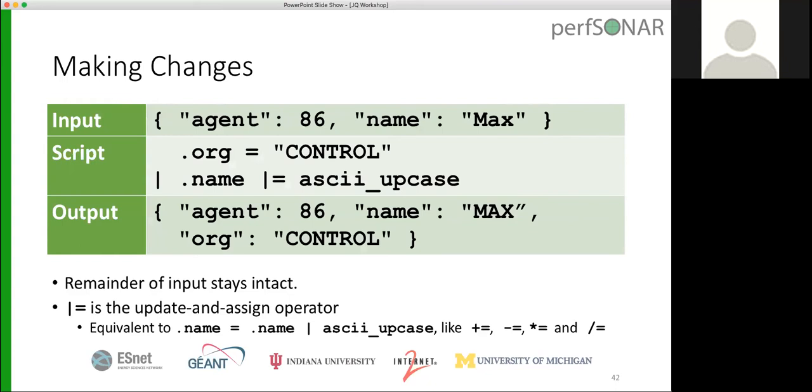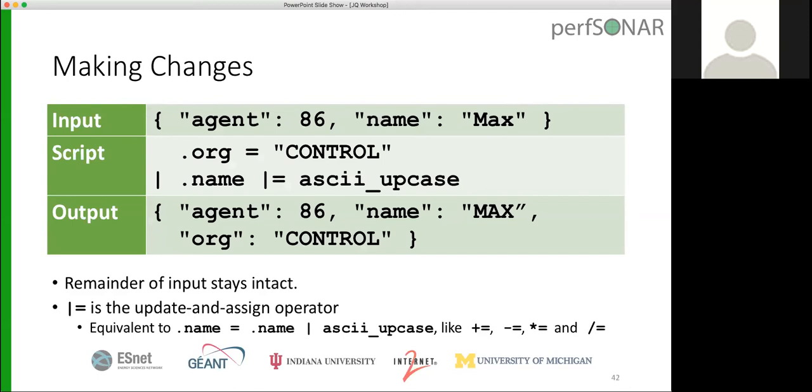So we say, in this case, .org equals control. After that first part of the pipeline, the output of the assignment operator that you see in the first line would be the input plus whatever change was applied. So in this case, we added something, and we just simply said it's control. The output of that gets piped through to the next thing, where we take the name and we use this